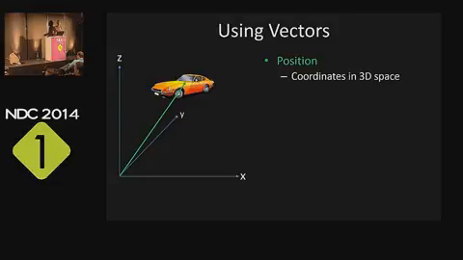Now, you could argue that a position is a point. Well, a point is just really a data structure that contains an X, Y, and a Z coordinate. So they basically use the vector as an actual point as well. And you can think of it as maybe a vector. It's kind of the distance